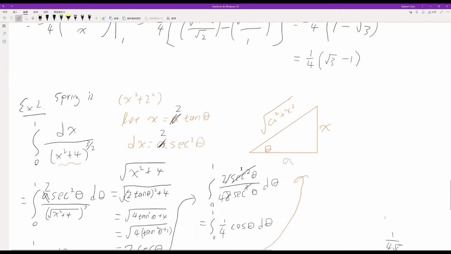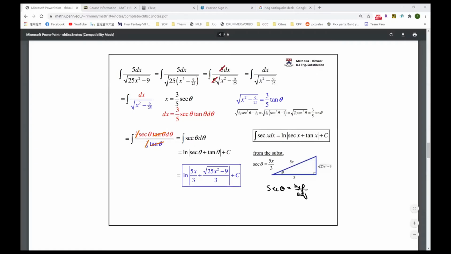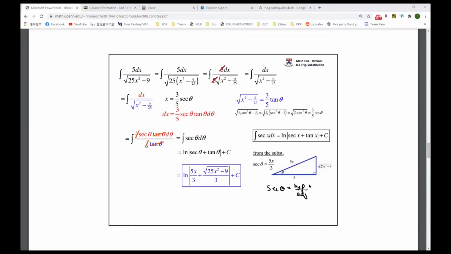All right, so let's do another one. This one is going to be a little different. Let's take a look. Here's another example that requires trig sub. Now, if you just look at this integral right here, 5 over radical 25 x squared minus 9, it's not exactly in the form of x squared minus a, right? So what we're going to do is factor out the 25 in the radical,